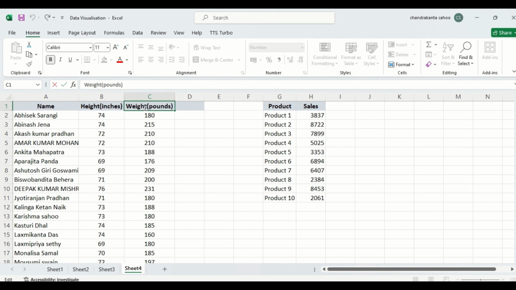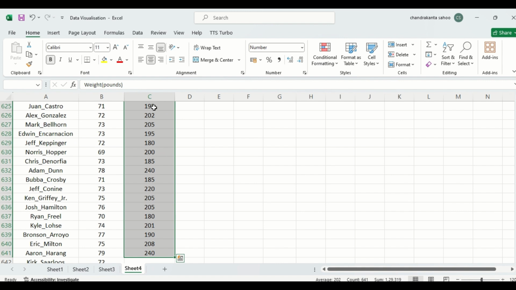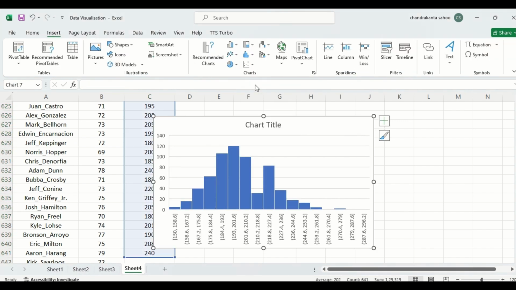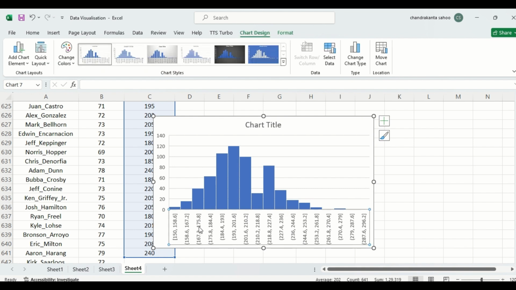Let us select this data. Instead of height, we are checking the weight of the people. Then insert, this is that. So one second, these are the decimals. Let us change this decimal